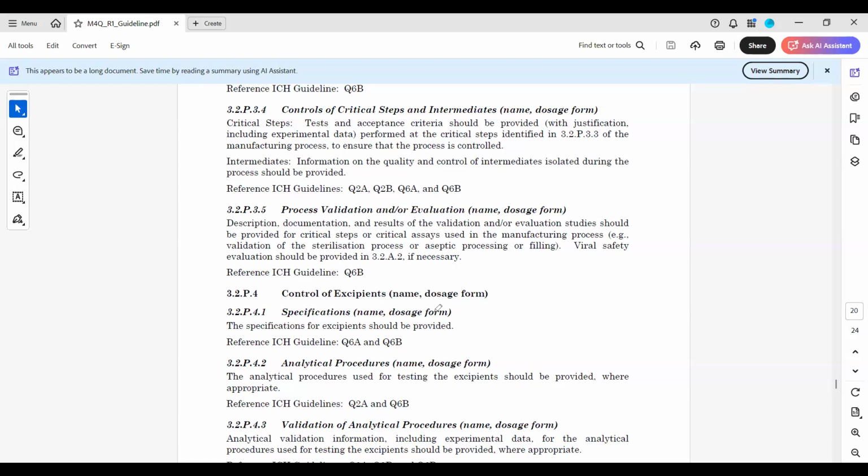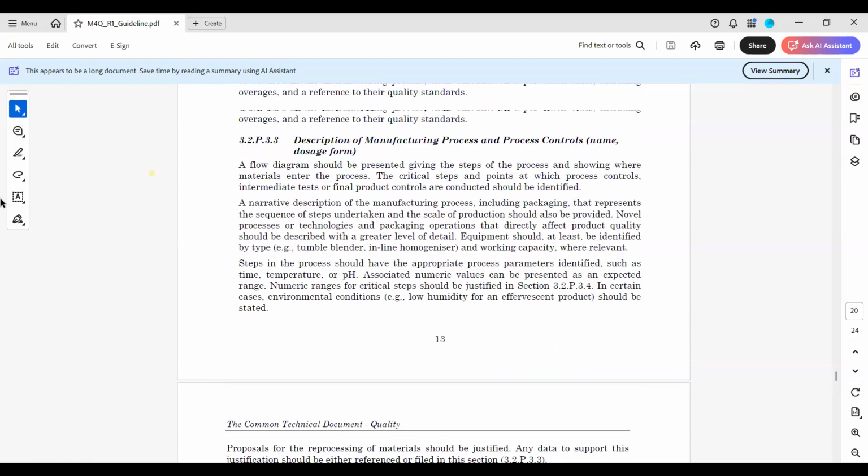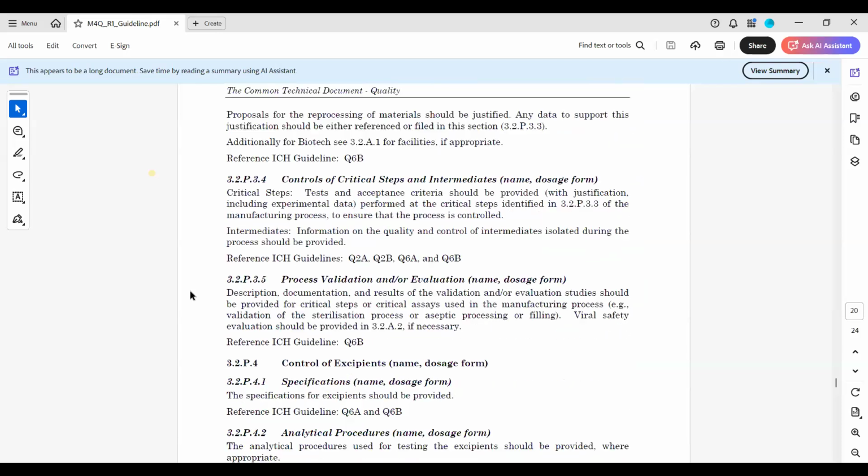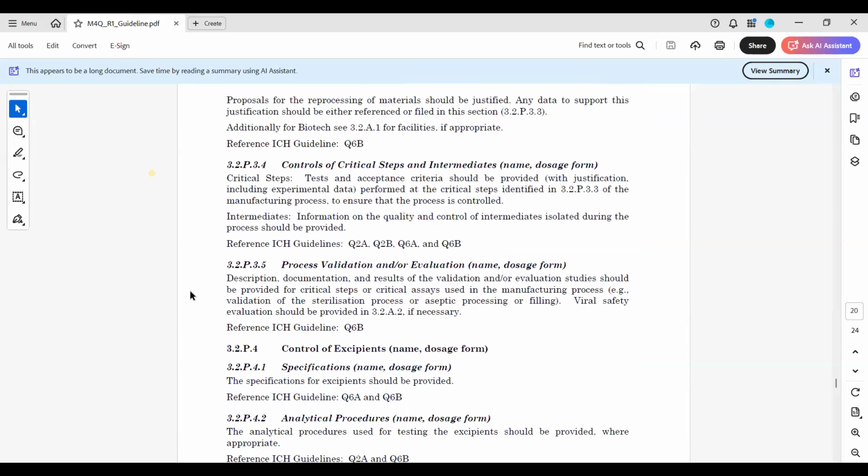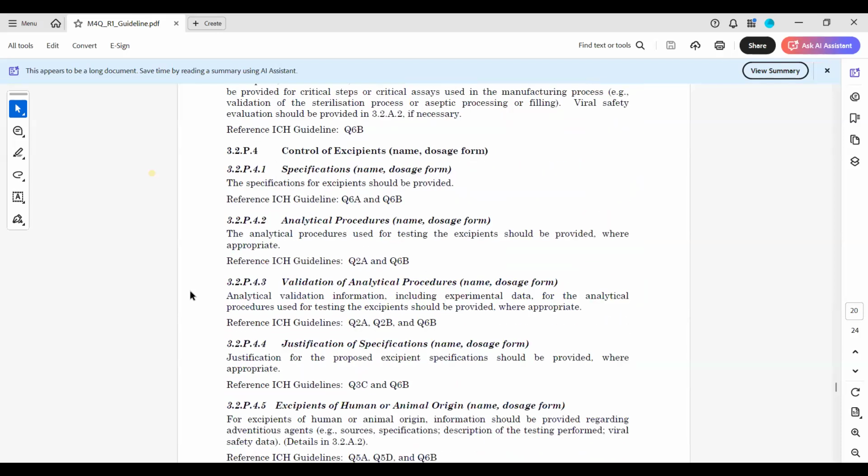So, yes, once that is done, you have to move to your next section, which is 32P4. So 32P3 majorly talked about your manufacturer details. Then is your 32P4, which talks about control of excipients. And under control of excipients, we are submitting information related to the specifications used for excipients, any analytical procedure used